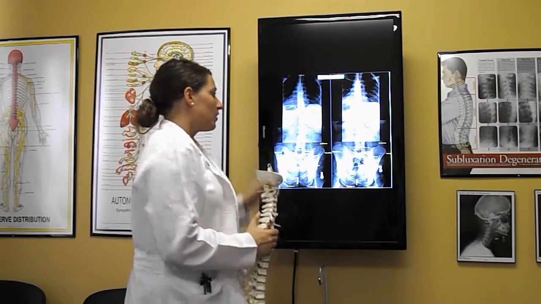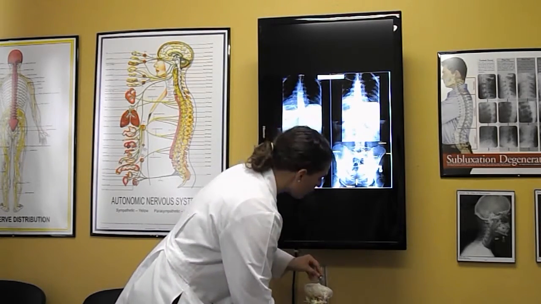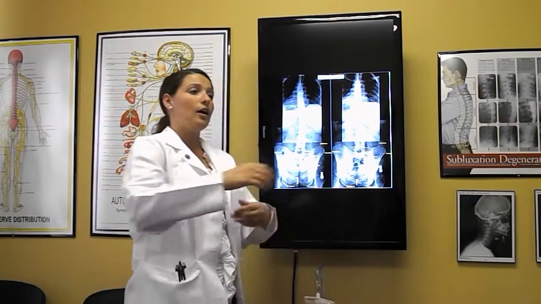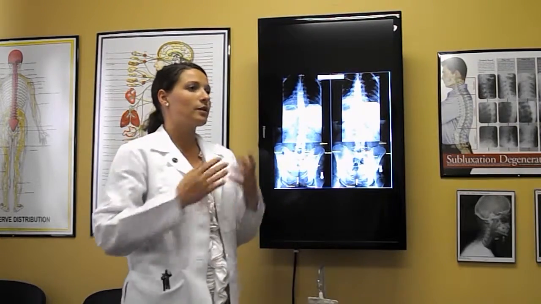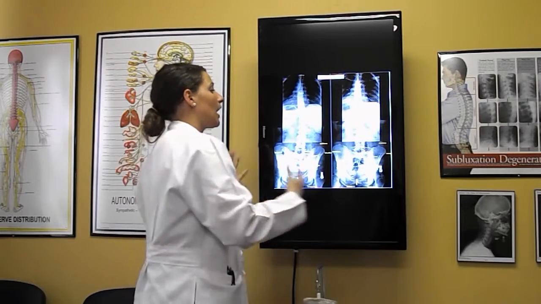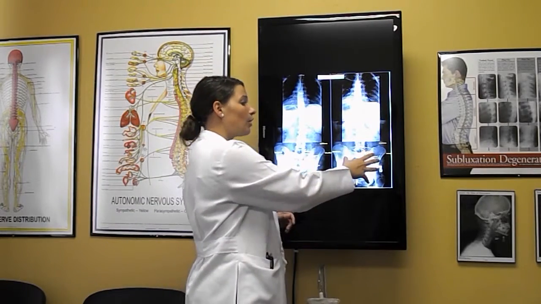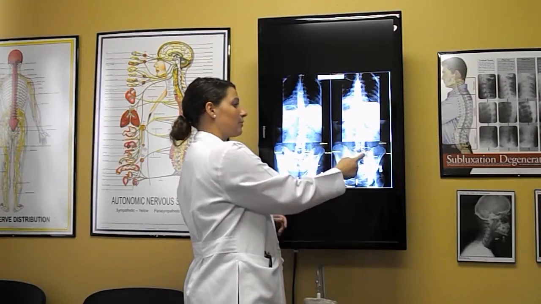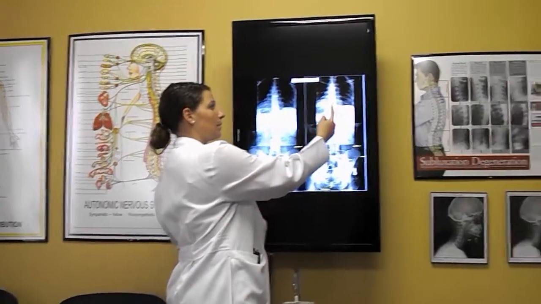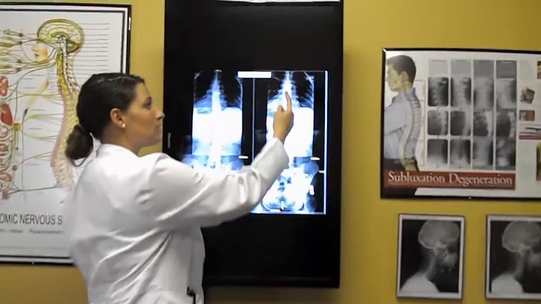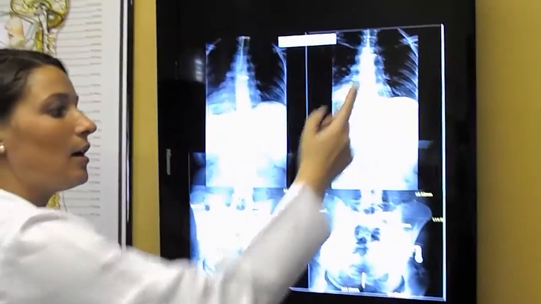So this young lady came in, and we got her some relief immediately, and so probably within the first 7 days, she had significant relief from it. Now, she wasn't completely well at that point, but we had relieved some of the symptoms that were going on there. She's still a patient here now, but we got her at her 30-day progress exam, and you can see the difference from here to here, how the spine is going straight up here now, and then when we get up to the top here, we still have some curvature that's going on here,